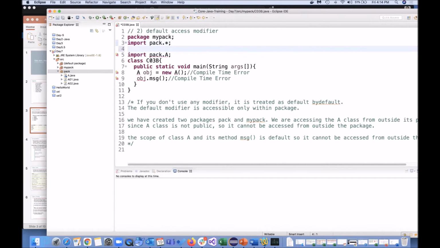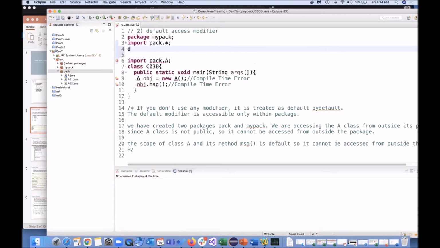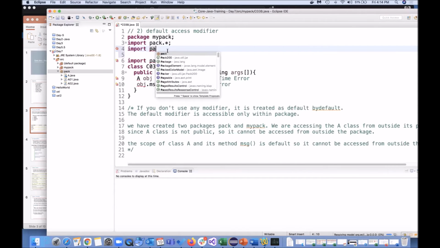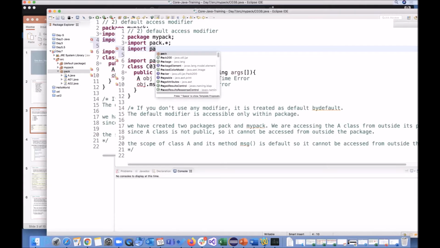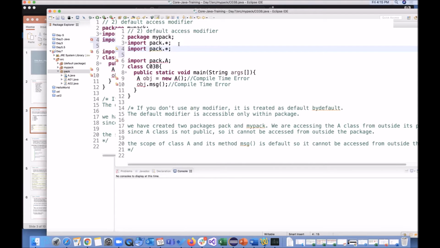I don't see any reason, but let me see. Import. What else? Pack. Okay, now it created the import.